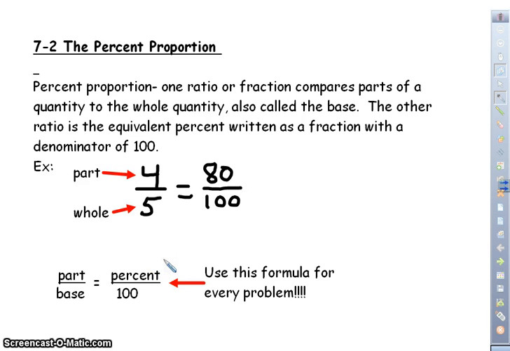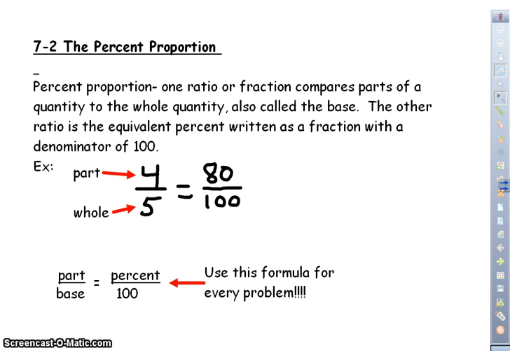All right, today is 7-2, the percent proportion. Go ahead and hit pause and copy down this information into your notes. All right, now that you're back, again, the percent proportion is one ratio or fraction that compares parts of a quantity